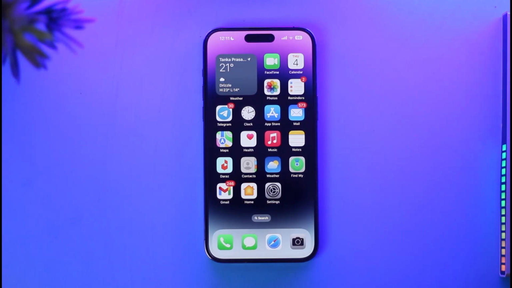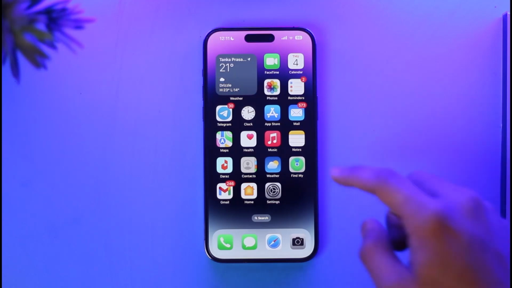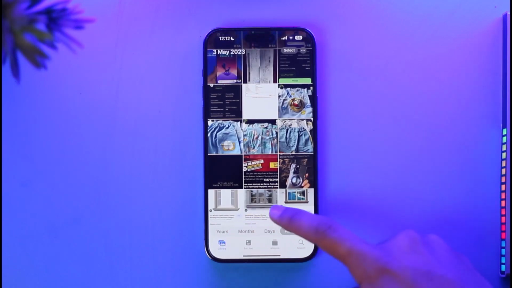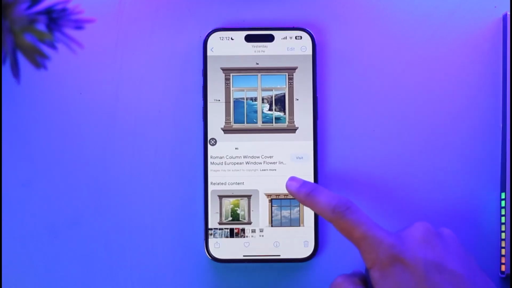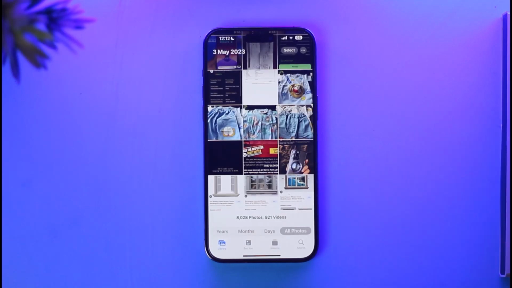In order to recover your deleted photos on iPhone, all you have to do is first of all just make sure to open the Photos app. Let's say while you are browsing through it, you happen to delete some of the photos and some of the videos over here, and now you want to recover them. You still have one chance left, and that is to check the recycle bin or the trash section of your